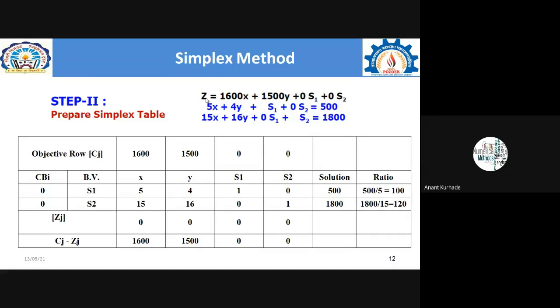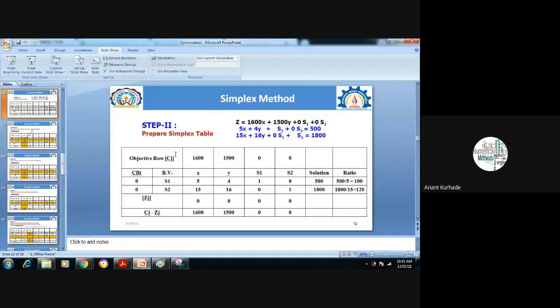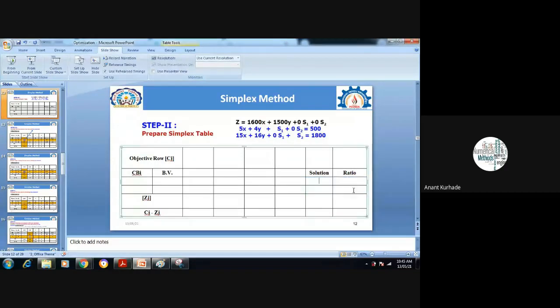Now see what is the simplex table? Okay, now I will rough all these things. Wait, I will delete this. Just a minute. I will delete this also. Okay, that is fine. Now it is totally blank. Is it visible? Yes, sir.